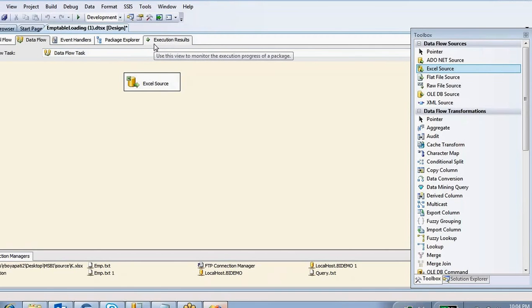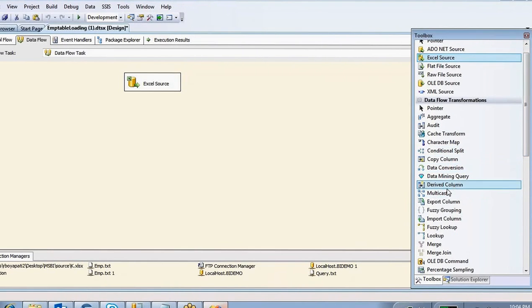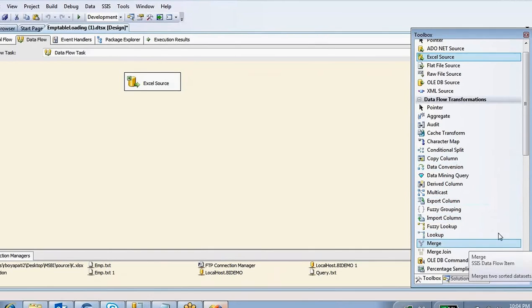Unicode string data type. In what situations do we have to convert this Unicode string data type? Basically, varchar is a non-Unicode data type. Nvarchar is a Unicode data type. If your target data type, for example in the employee table, the employee name column is Nvarchar, that means Unicode, and the Excel data is also Unicode, so there is no need to convert the data type. But if your target table's employee name column is varchar, but the data coming from Excel is Nvarchar, that is Unicode, in that situation we have to convert the data type by using the data conversion transformation. Where is the data conversion transformation?